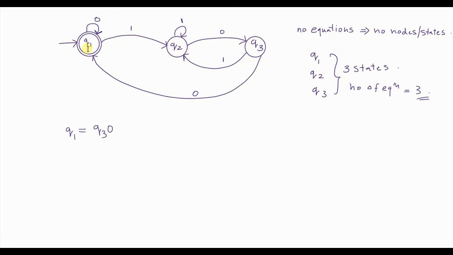That means how do you reach Q1? You reach Q1 from state Q3 on reading 0. This is a term, and the meaning of the term is how do you reach Q1? From state Q3, when you read 0 you come to Q1 state. So this is one way of reaching Q1. Or, in regular expression, or is written as plus.